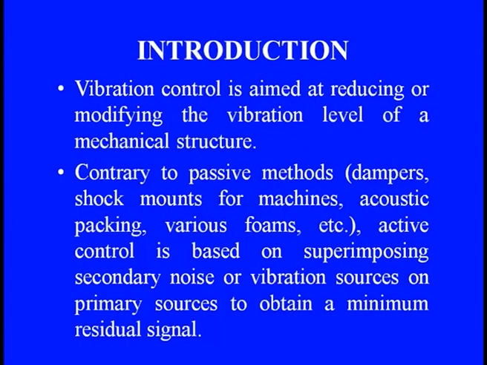Contrary to the passive methods we discussed, by putting dampers or shock mounts in terms of masses, or acoustic packing when insulators are provided for the propagation of sound, or the various foams which were added, in active vibration control the main thing is to superimpose the secondary noise or vibration source on the primary source